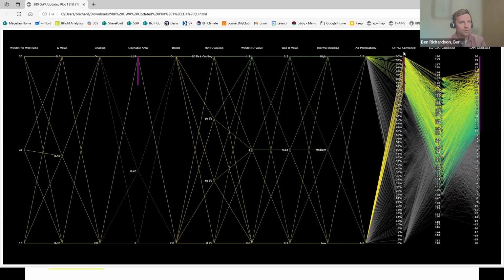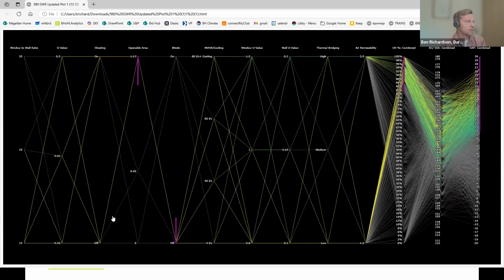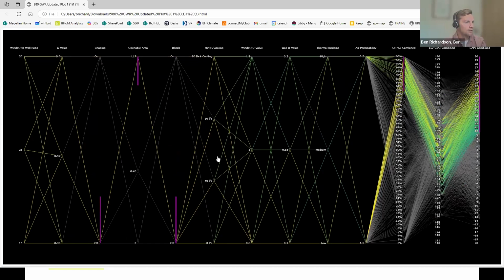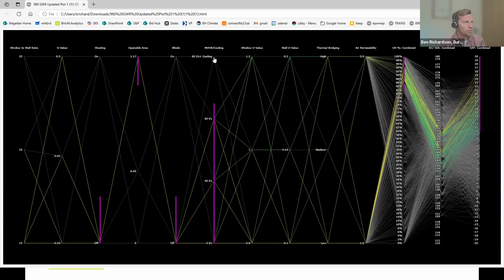So this is me filtering out some of the results on the right-hand side that I want to work. Then I might say, well, let's turn blinds off, let's turn shading off because we want to keep the costs down to start with. And let's turn off what we call trim cooling at the top here. Then we are left with some window to wall ratios and G values. So I can start with a certain G value, and I can see from this G value of 0.42 that the maximum possible window to wall ratio we can go to make it work, to achieve those cost-effective measures, is